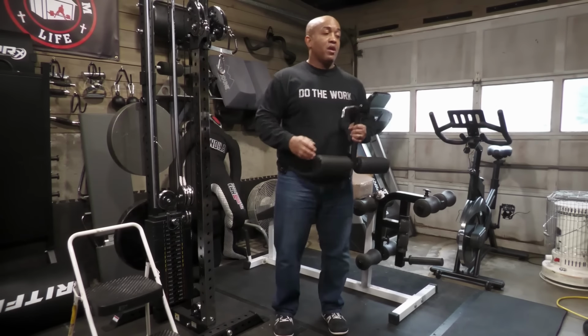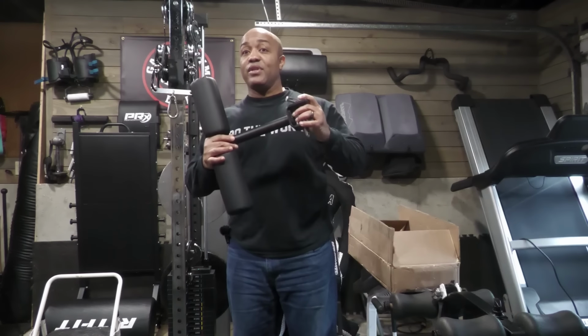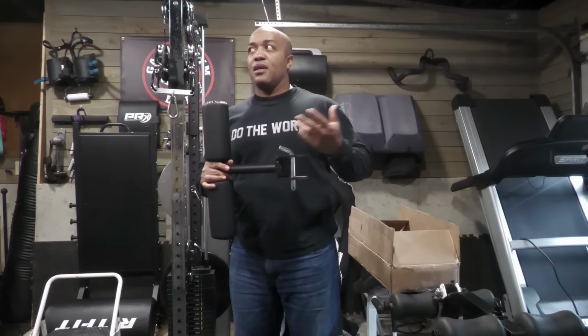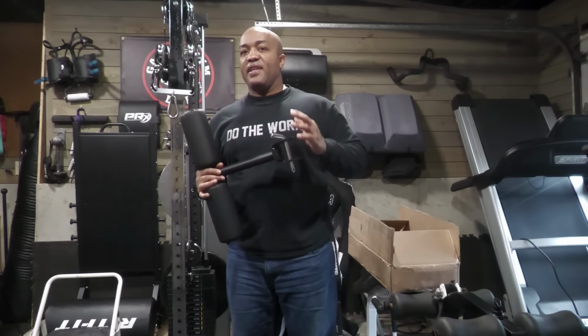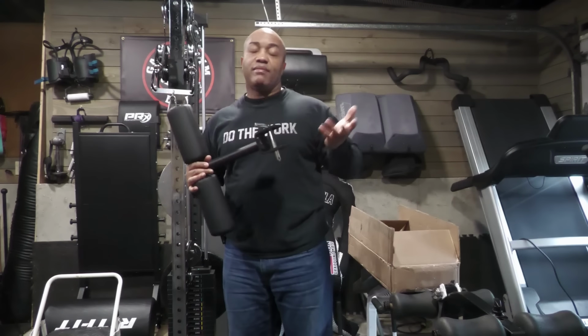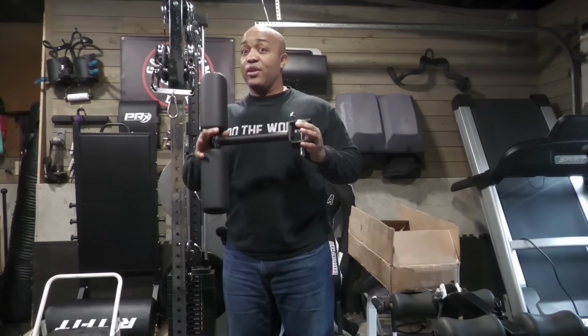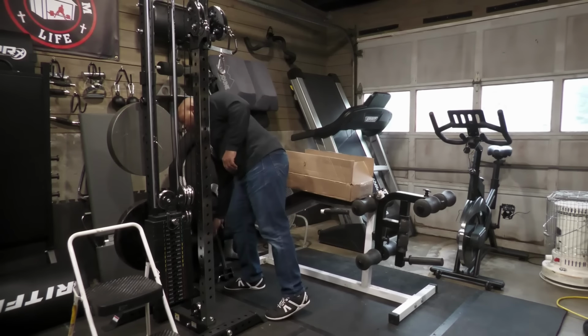No big deal. So when I got this from Porter Physed Fitness, all I got was the leg holder. I did not get the pull down attachment because while my wife is average size for a woman, I wasn't sure that she would need the extra range of motion that the lat pull down attachment would give her. So I just didn't get it. I got her a leg holder because I knew she needed that. But then